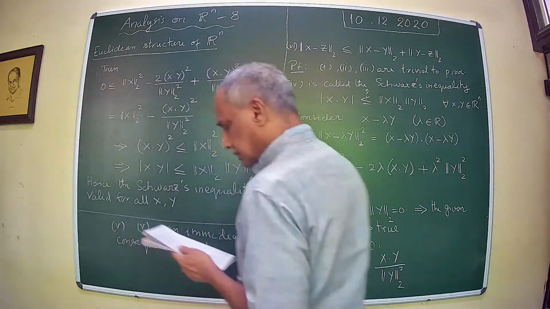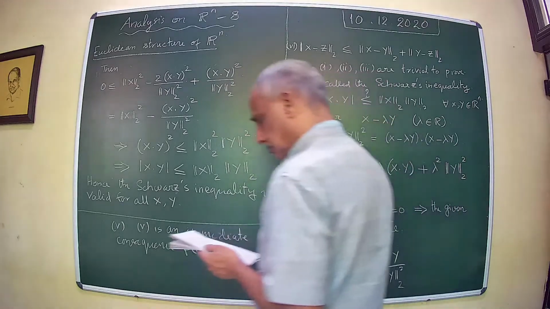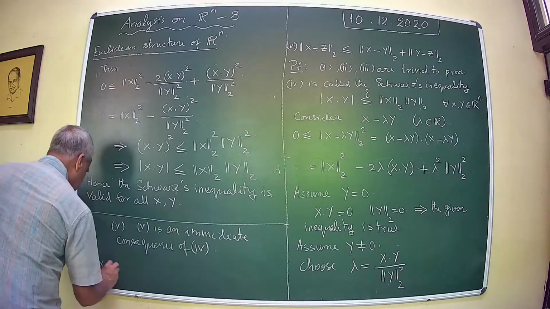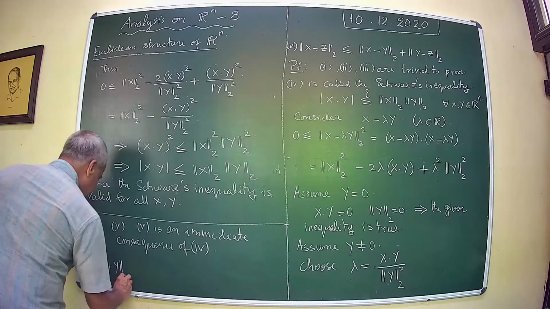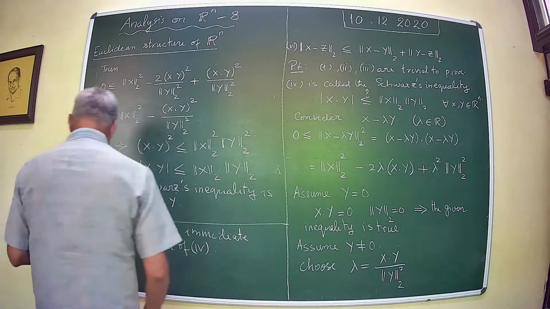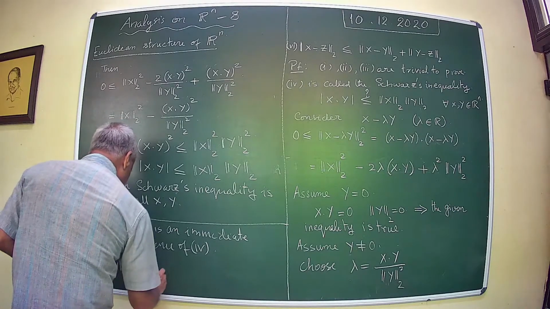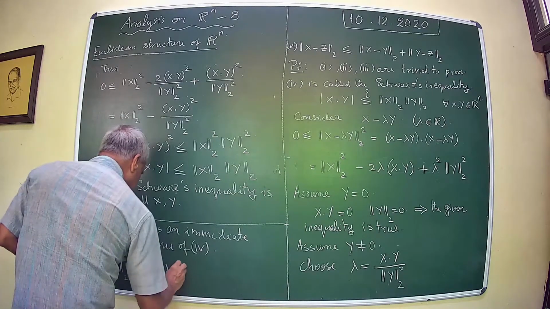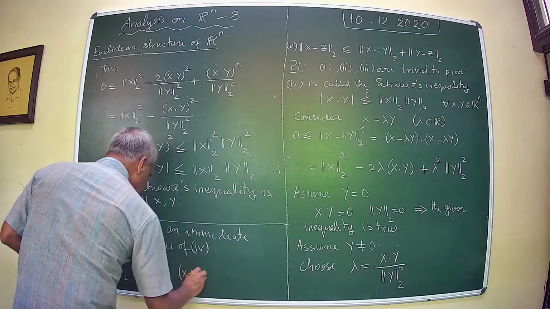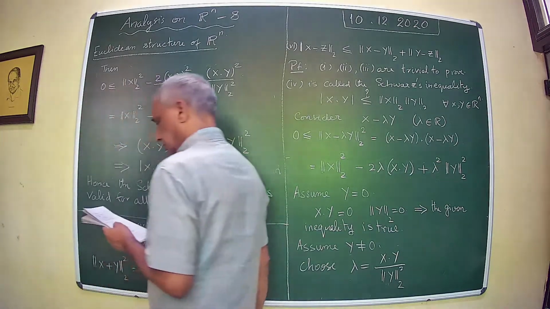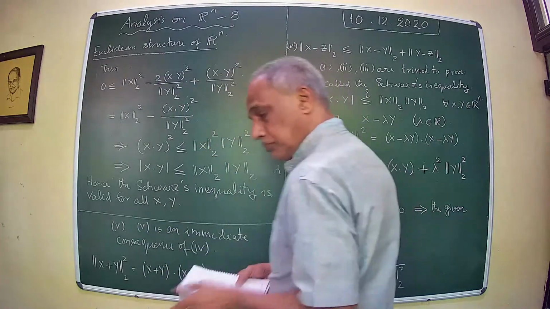How it comes is this. If you take norm of x plus y square, this is equal to x plus y dot x plus y, and this if you compute